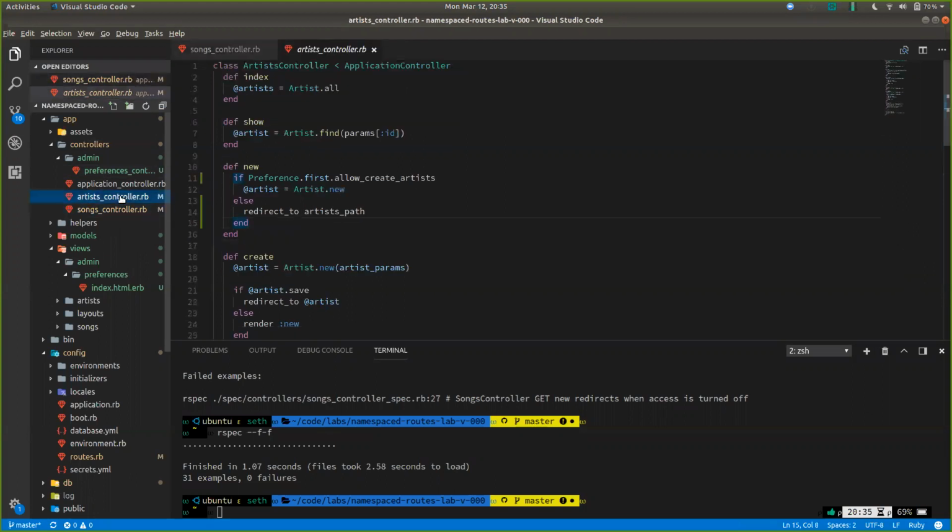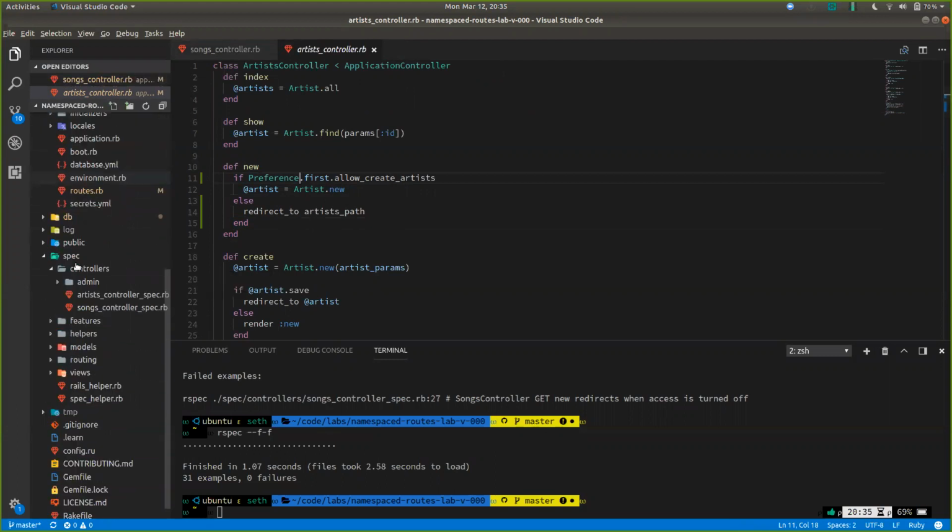However, that was pretty straightforward once we figured out how to use the preference in this lab. What qualifier do we use? And the only qualifier that we have is grab the first one. And then